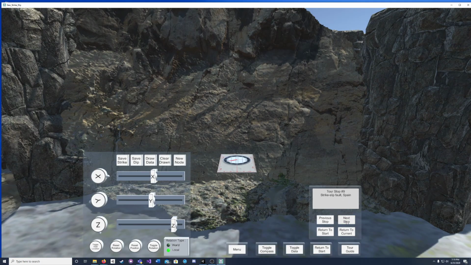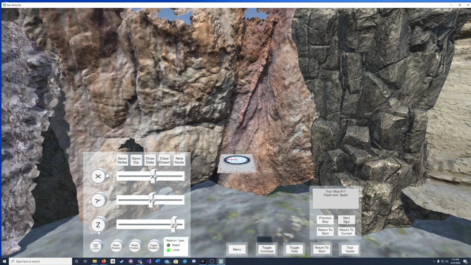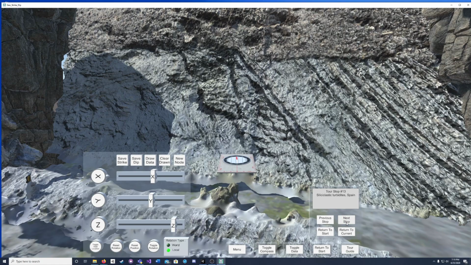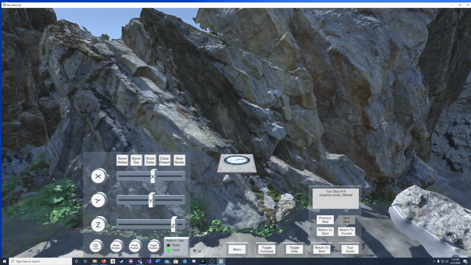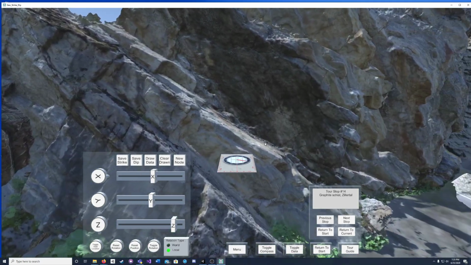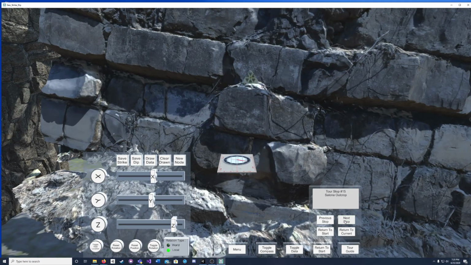I think there's a couple more stops on here that I can cycle us through. And once again, all of these are 3D models, so you can move in and around and get all sorts of different measurements.